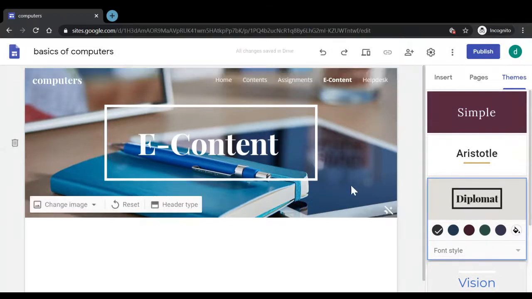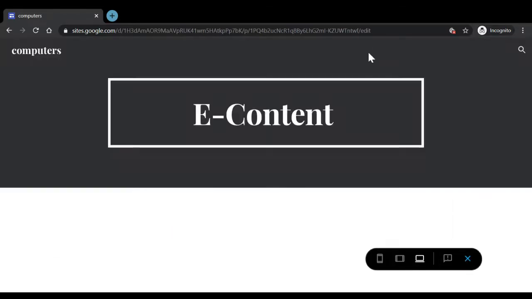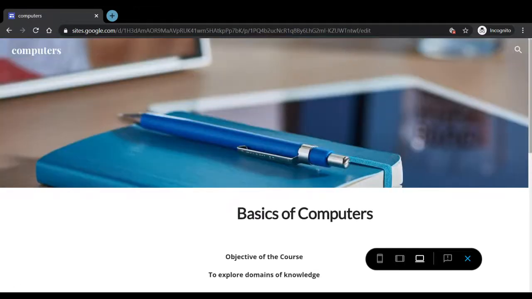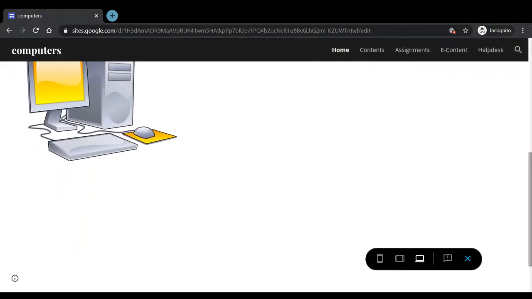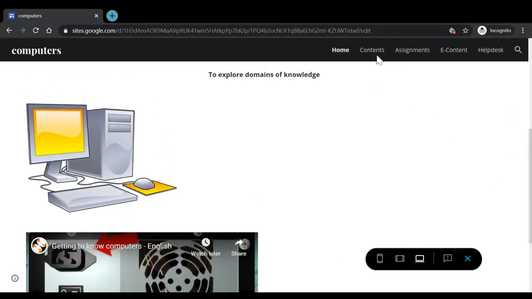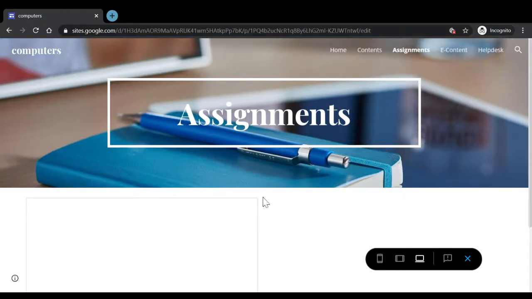Now, next, let's talk about how we can publish the Google site that we have been creating. Once we are ready with the site and we feel that all the contents that we wanted to add have been done, we can simply click on this preview option just to have a flavor of how the site will appear. These are the different pages. We can click on the home page first. We can scroll down as we had added the objective, then an image, then a video link. Then we can click on the contents page. Then we can see how the assignments page is looking. We had just added a demo slide.